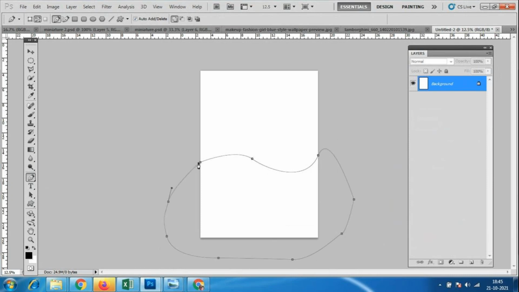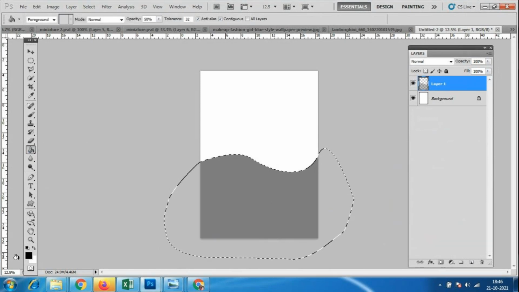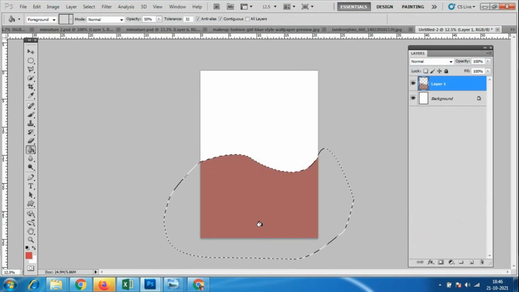So no need to worry about the rest of the things. Only how much ever is selected, only that much area will come. Control enter. So I'll go to a new layer and I'll just add the color. So I'll go to the paint bucket tool. I will select the color. So whatever colors I want, I'll select the colors over here, and opacity is 100% I'll give. I want a brighter color. So whatever the colors I want, control D.